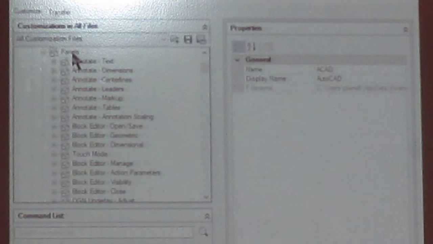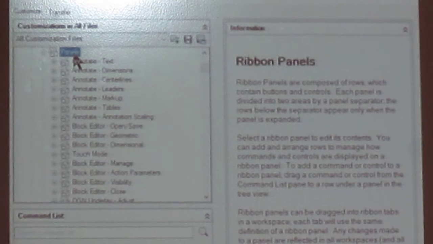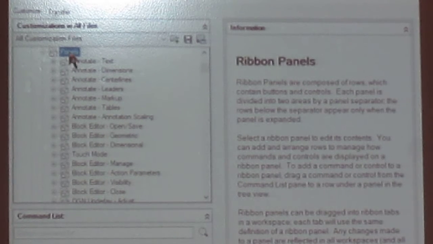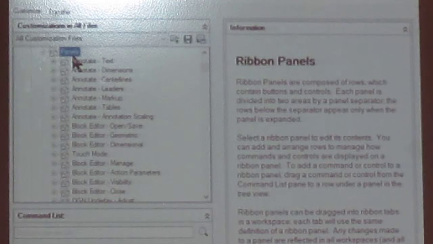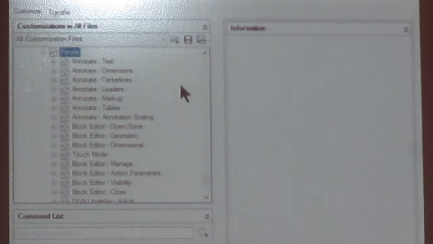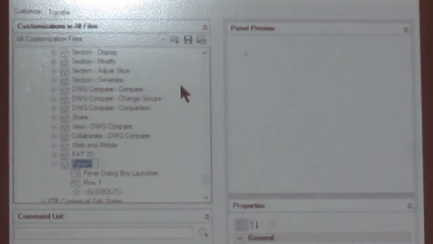Now in panels, I'm going to click on the top one and make myself a new one. You can make a copy of an existing one and then just delete stuff out. Many times that's the fastest way. Where I've got everything kind of just trashed, I'm just going to make a new one. So I'm going to make a panel, copy it here, and I'm going to call it